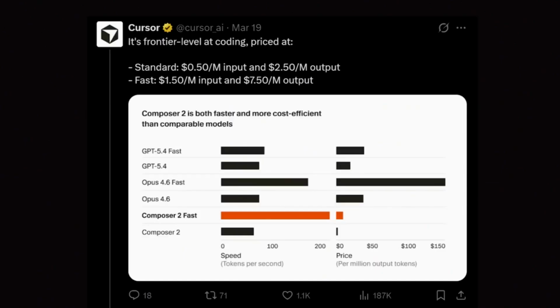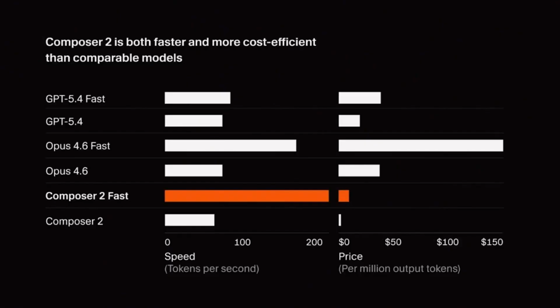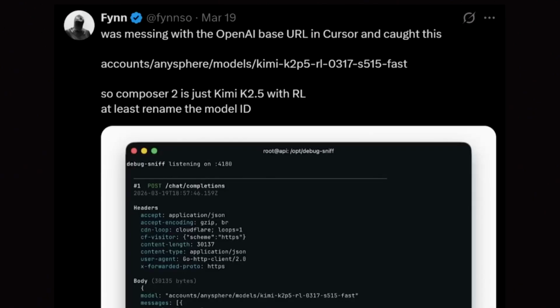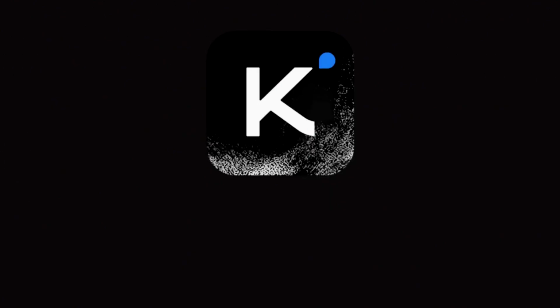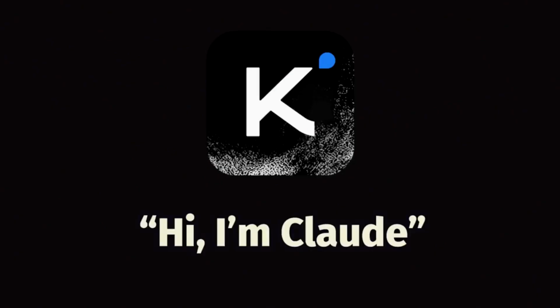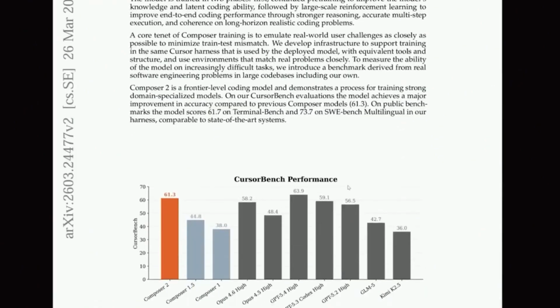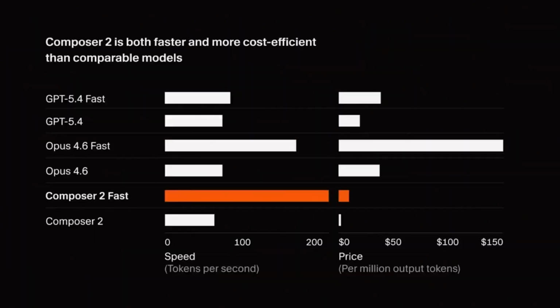What they originally didn't share with us is that Composer 2 is actually built on Moonshot's Kimi K2 model. And we only figured it out after someone found its model ID, retrieved the metadata, and shared it on Twitter. Which is kind of funny since Kimi itself has been accused of training on Claude's outputs. It sometimes even says, "Hi, I'm Claude." Cursor later said they weren't being open about it, and that it's not just Kimi but Kimi with some really good reinforcement learning, and they put out a complete technical report showing how they pulled it off. However, none of that drama truly counts since a model that's smart and fast and affordable is going to be extremely valuable in the zero-code future of programming.